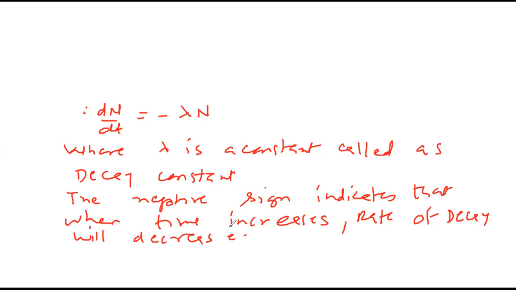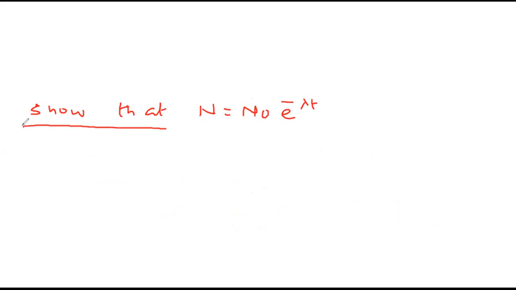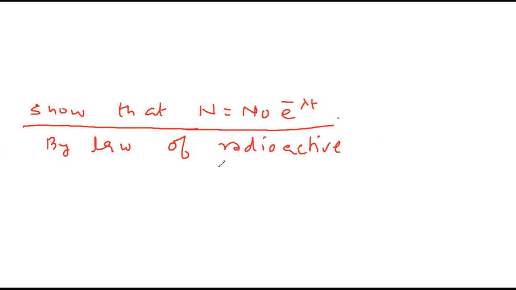Yes, sir. Now, one of the very important derivations which is asked almost every time in the exam for 2 marks. Show that n, the number of atoms present at any instant, equals n0, present at the start, e raised to minus lambda t. Show that n equals n0 e raised to minus lambda t. By law of radioactive disintegration,